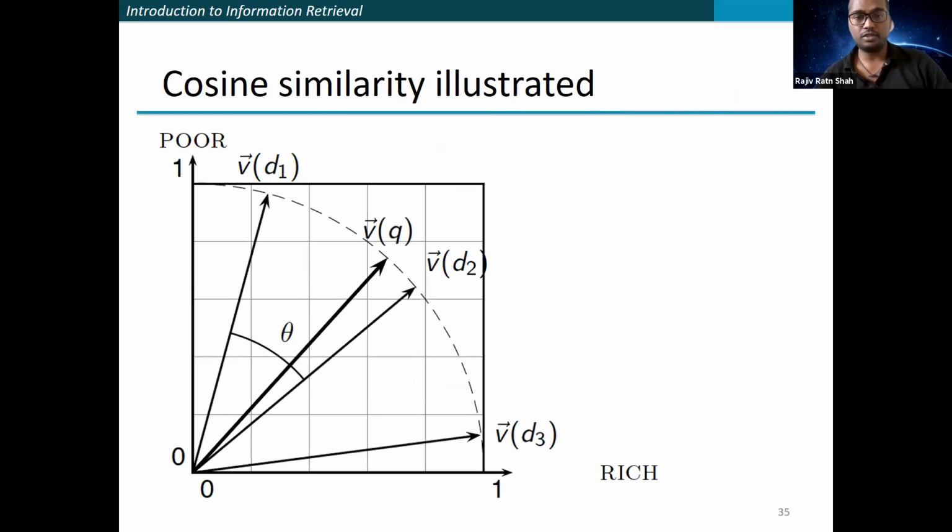This is just a visualization. As you can see here, all the vectors are now length normalized, so you can compute directly the angle between the given query and the different documents. As you can clearly visualize, the angle between the query and this document is less as compared to this one, which means it has higher similarity. Same for this one: the angle between this query and document is quite high as compared to this. So query Q compared with document D2 has higher similarity as compared to D3. In this way, you can now get the ranked list of documents.